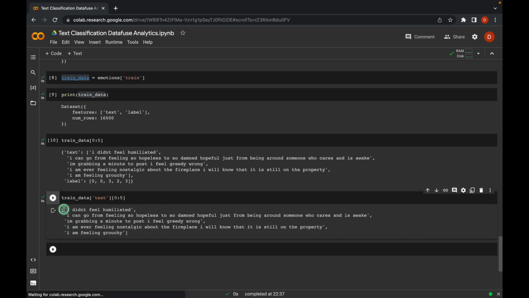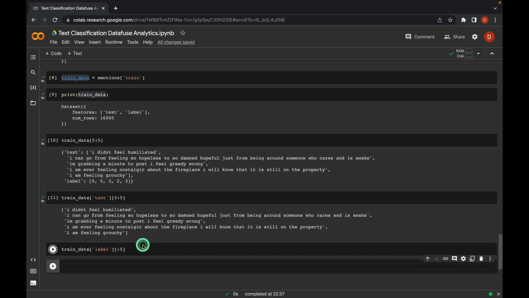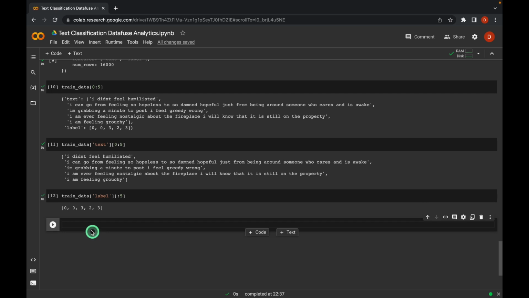So it will just print the first 5 texts out of 16,000 texts. Suppose I want to print only the label: train_data of label, 0 to 5, or I can simply type it up till 5. Here it will print the first 5 labels. Now what this 0, 3, 2, 3 means, we don't know yet, but we can find out by using